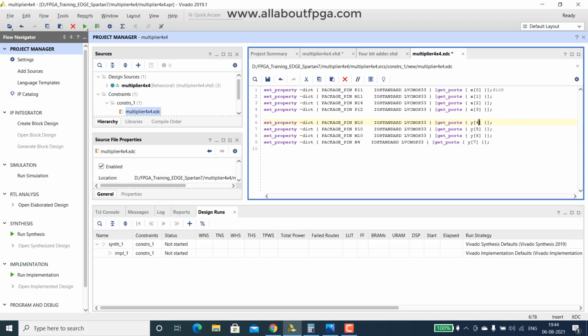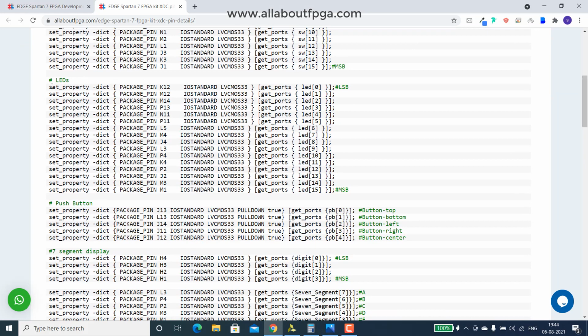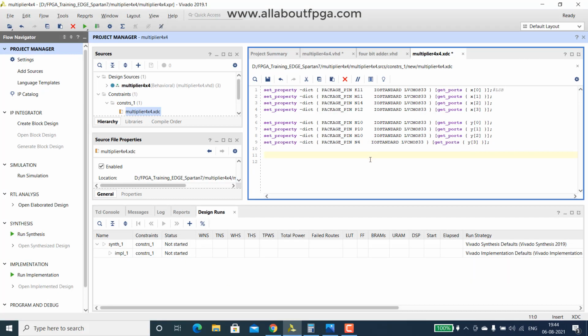Then the remaining switches we can use for B input, Y input. So here make it as 0 to 3, right. Now we have to assign the outputs that we can assign to LEDs. So 0 to 7, right.